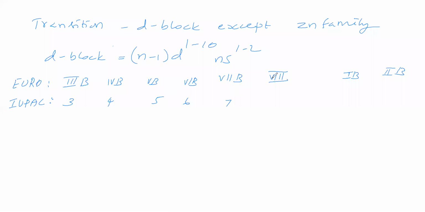Next, the number of electrons in the valence shell in the d-block for IUPAC groups 8, 9, 10. These together are called the 8th group in the European system. Here 8, 9 and 10 mean the number of electrons in the valence shell. For the d-block, you have to consider d and s both. These three groups together are called Roman numeral VIII in the European system; don't give it as V.